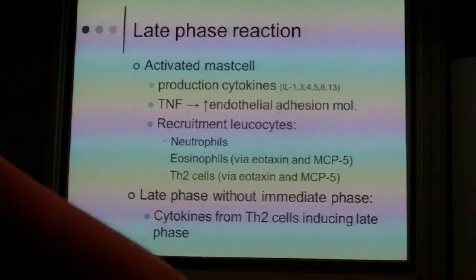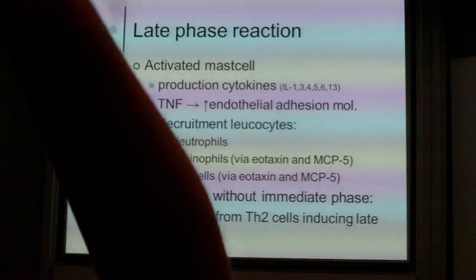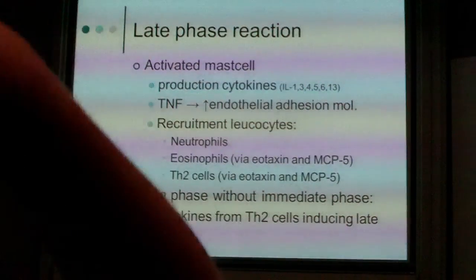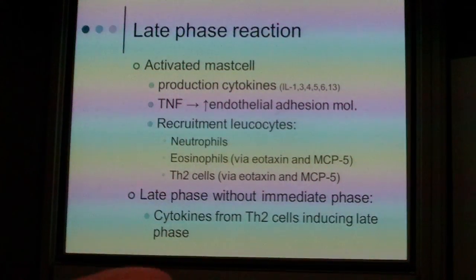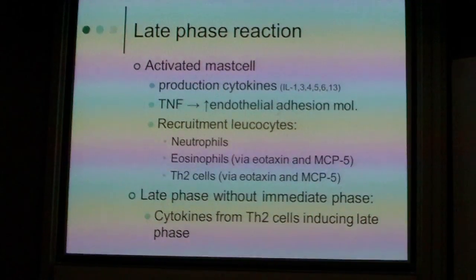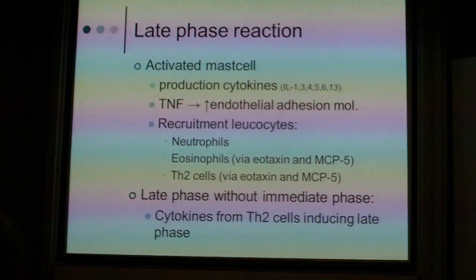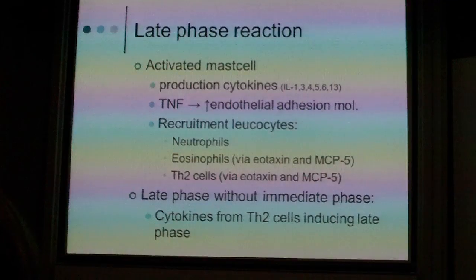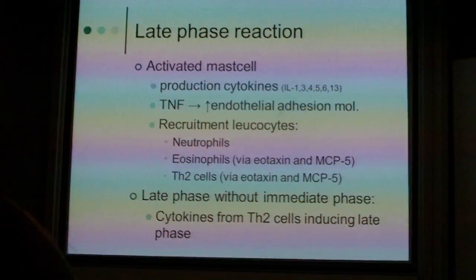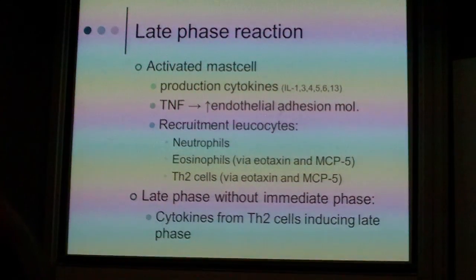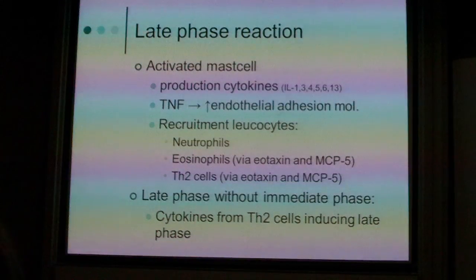And then you see the mast cell production of IL-1, 3, 4, 5, 6, and 13, and maybe there are many more. That is important because those cytokines trigger a local inflammatory reaction. And an important one is also TNF, which is formed. TNF is a major trigger for endothelial activation that leads to the expression of adhesion molecules. And we know also that in addition to adhesion molecules, there will be local chemokines produced, and that leads to